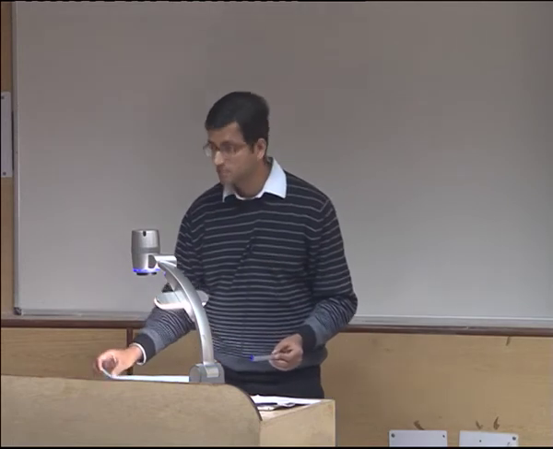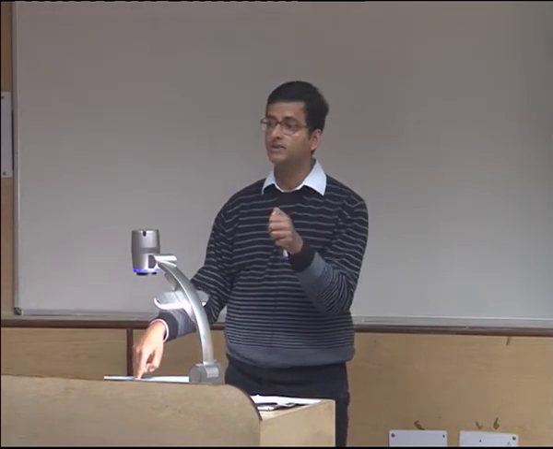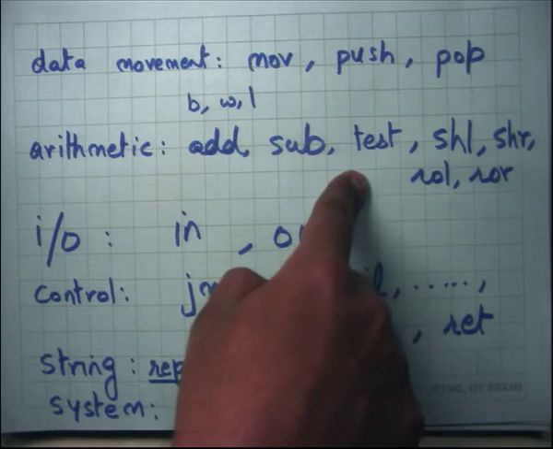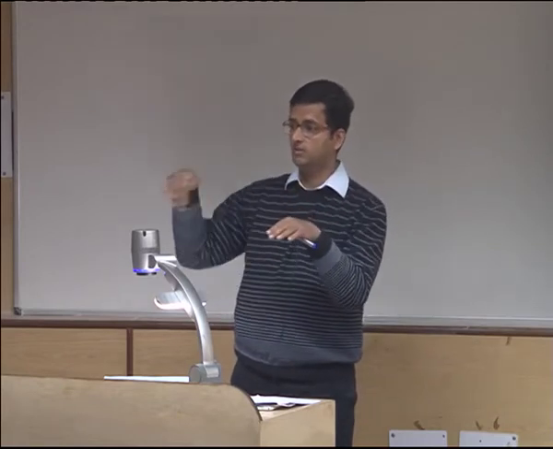So what does test do? Test is an arithmetic instruction that just tests your operands to see if they are equal to 0 or not, or it ANDs them and sees the result. It's an example of an instruction that does not necessarily modify its operands, but sets some flags based on the values of the operands. So often, if you want to execute control flow, you can execute test, and then execute a conditional jump based on the result of the test.